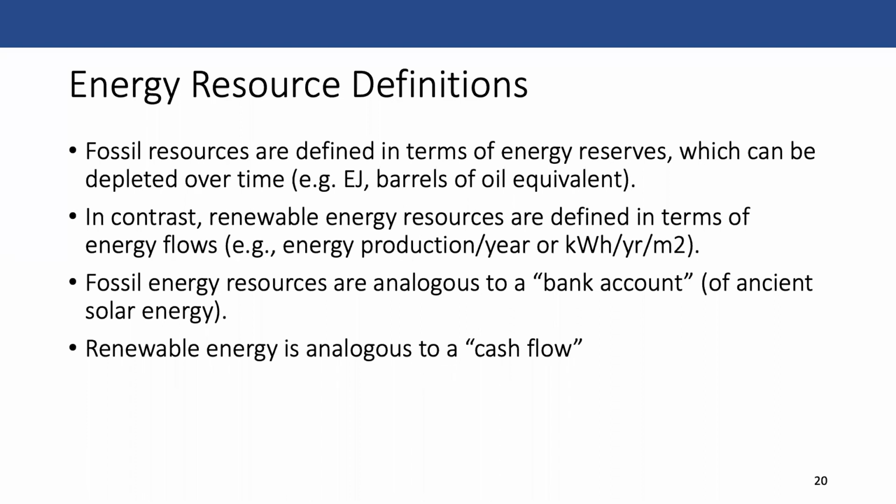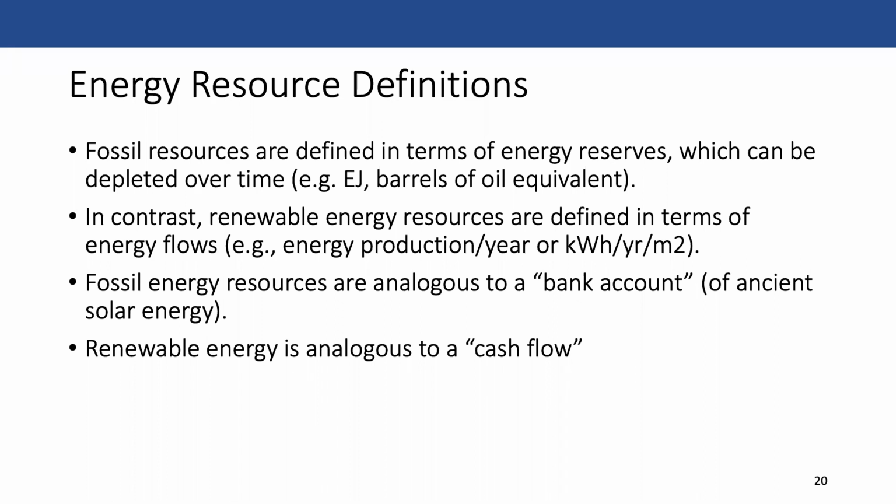In contrast, renewable energies, which are by definition renewable, are defined differently, because you have energy flows. It's like you have a constant replenished supply. And so when we talk about renewables, we usually talk about the amount of energy that they can produce over the course of a year, or the energy flow. So for sunlight, that might be the amount of energy on one patch of land over the course of a year, so that would be kilowatt hours per year per meter squared.